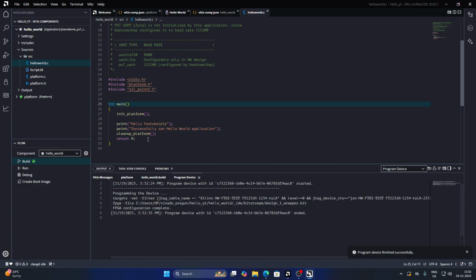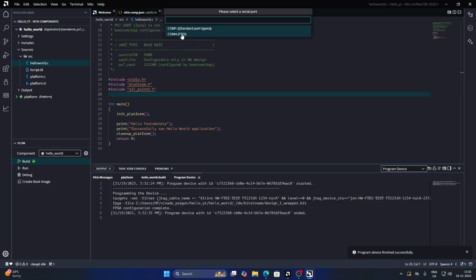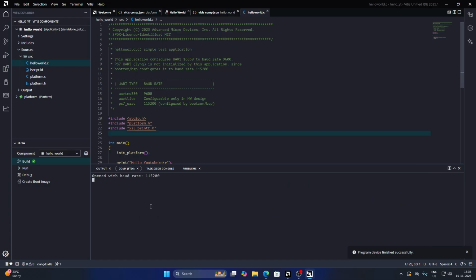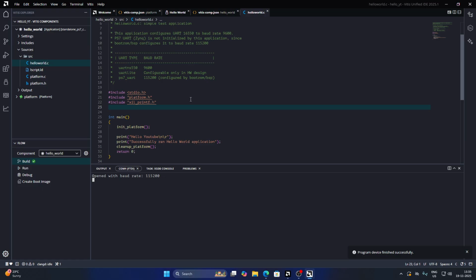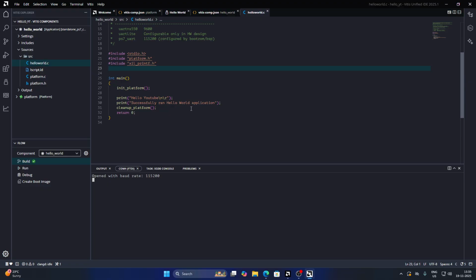Now we have to run this hello world, right? So we have to see this terminal serial monitor, right? In Vitis itself we have one serial monitor. I'll connect this serial monitor. This is my board COM4, and the baud rate over here you can see is already the default 115200. I will select this one only. Fine. Now I'll just run this C program,